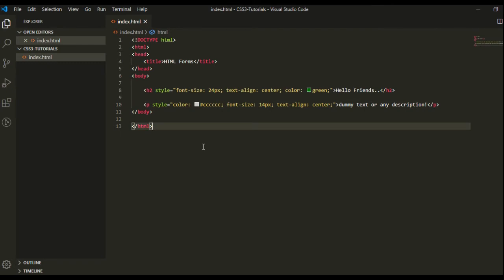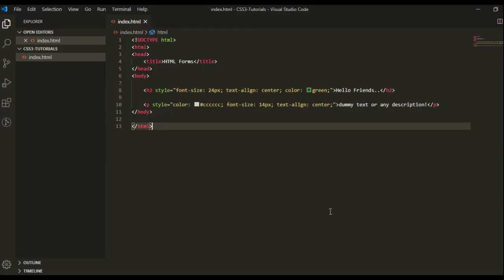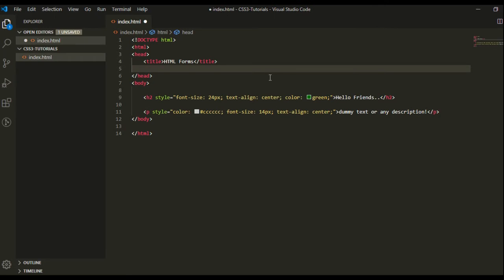Now let's see the next method. It's embedded CSS. So what is embedded CSS? When we write all these style properties inside the style tag, this style tag must be defined inside the head section.